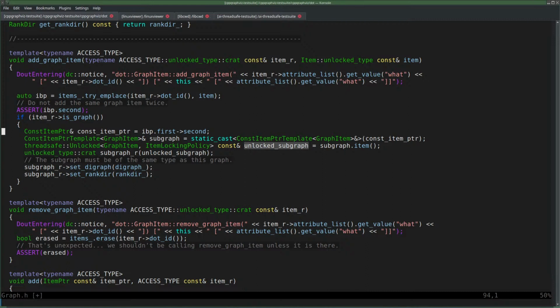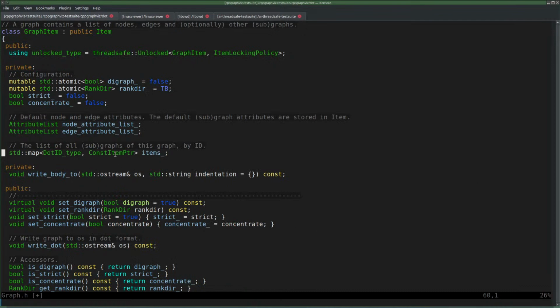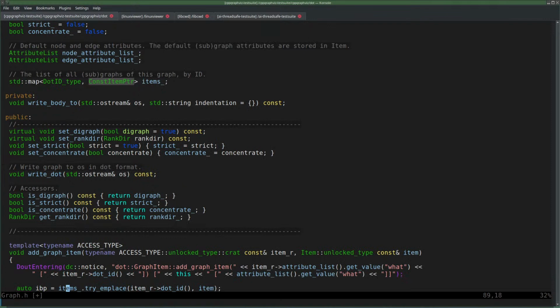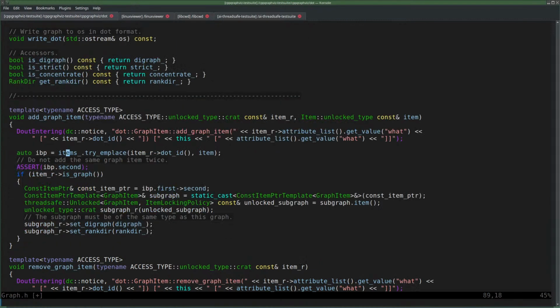Const item pointer is IBP, so the thing that we just added, which was added by the way, first, second, and we just return the const item pointer that we just added. That's just the item, therefore. This is just the item, as a const item pointer, but it's still the item.